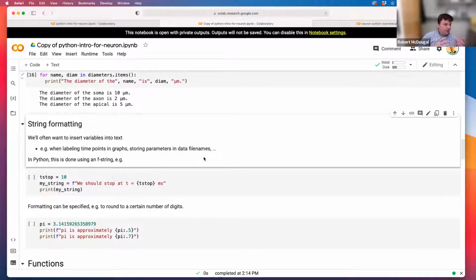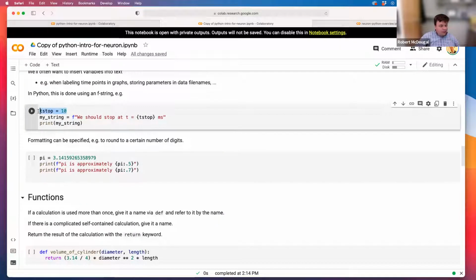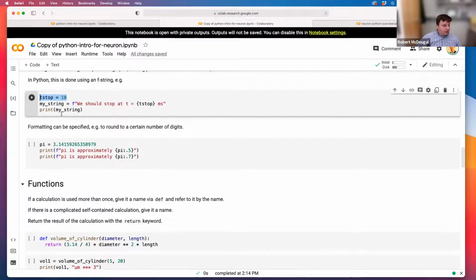It's often convenient. So here I'm using print, by the way, to concatenate a bunch of things. Like I'm printing exact text, a variable, some more exact text, a variable, some more exact text. We can actually use what's known as an F string or a formatted string to do this. Basically, the idea with a formatted string is if I have some variable, let's say t-stop, I want to run my simulation until time t-stop milliseconds. So t-stop is 10, let's say. And I can declare a string. Normally, I'd just use quotation marks. But if I put that F in front of it,